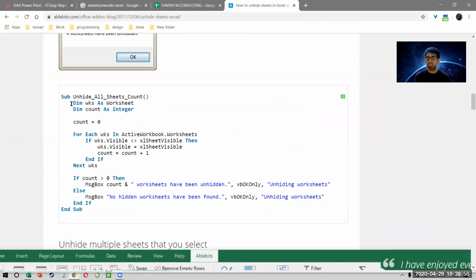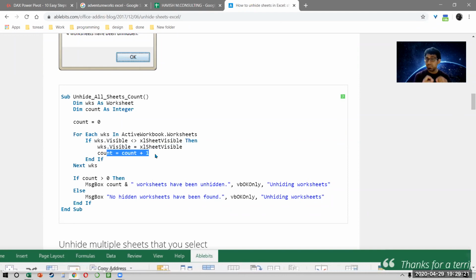It says WKS as worksheet. Okay, I don't need to try this one because we already know how it works. Just see the difference. It says count is an integer. My count is 0. Why? Because I don't know if there was even one sheet that was hidden or not. Then I say for each worksheet in ActiveWorkbook.Worksheets, if worksheet.Visible is equal to xlSheetHidden, then worksheet.Visible is made visible and count is equal to count plus 1.